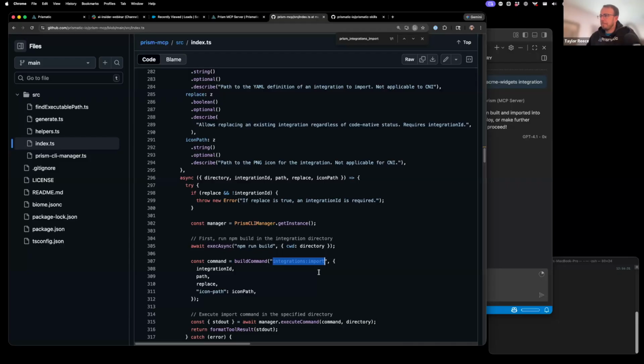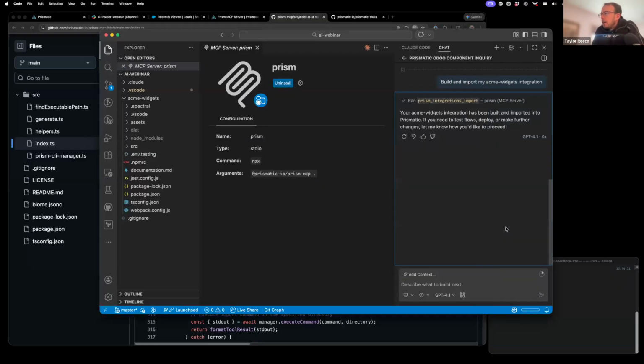It ran the program and it knew here's the recipe for doing a publish or an import of an integration. Build it and import it and do it in a deterministic way. So that's demo one. Again, MCP, its main goal is passing or giving your AI agent tools to go interact